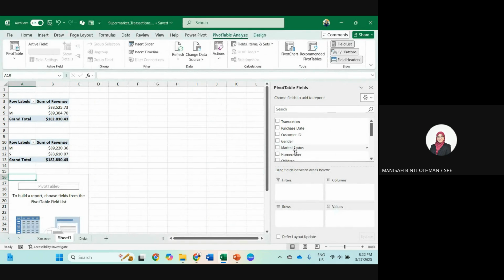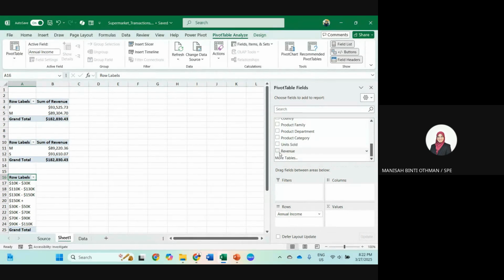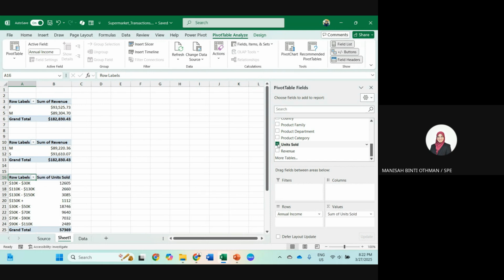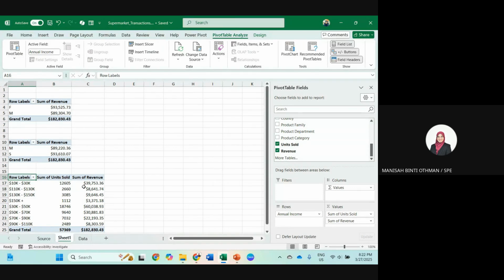Let's say you want to display annual income and units sold. Add revenue. Click here, tick revenue, sum of revenue, sum of units sold. Alright, so based on the revenue, this is income.